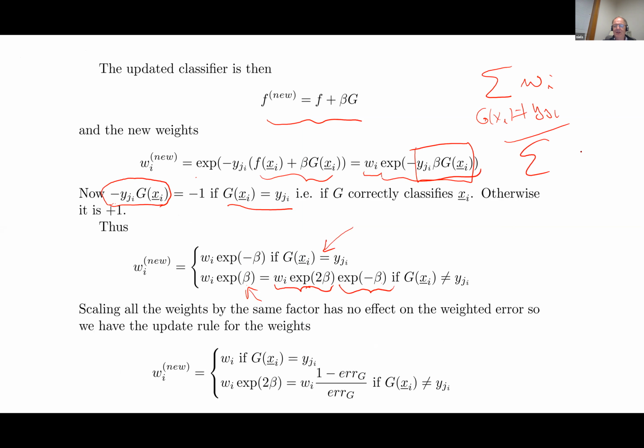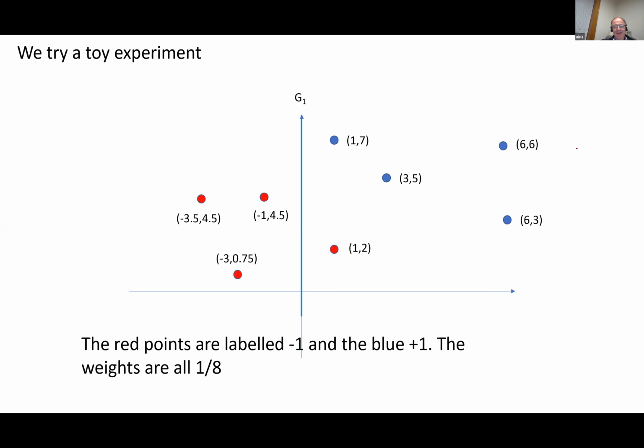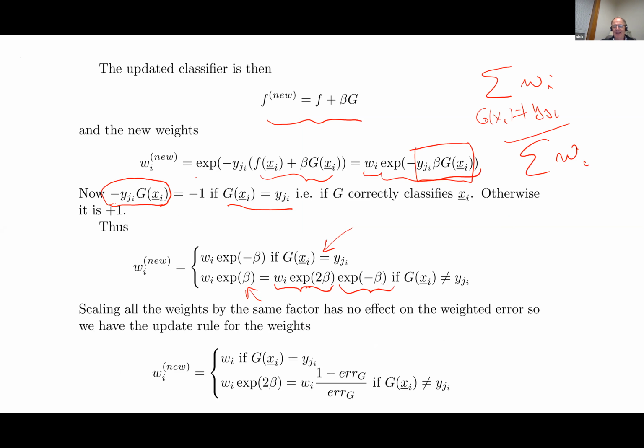Well, you can see that it doesn't matter if I multiply all the weights by a common factor, because they're just going to cancel out in this expression here. So that means I get my update equation for the weights. If G classifies correctly, the weight